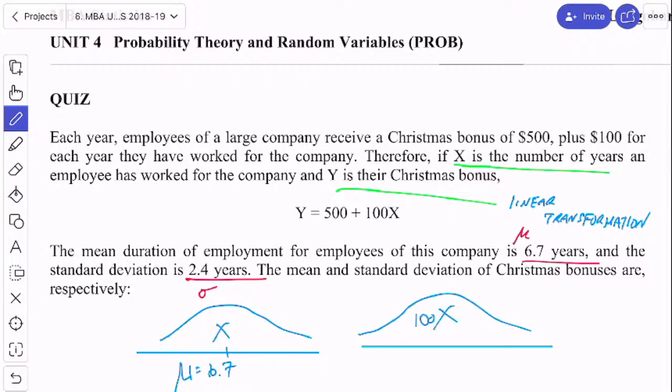What would this shape look like, 100X? What would be the mean of 100X, a new variable? Well, if I took every value and multiplied it by 100,